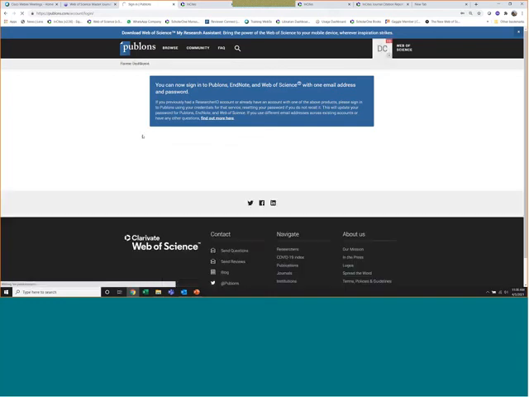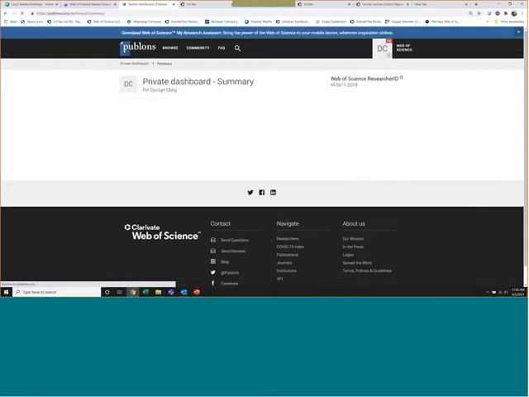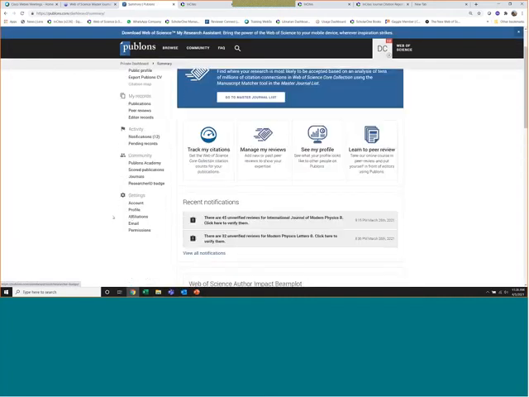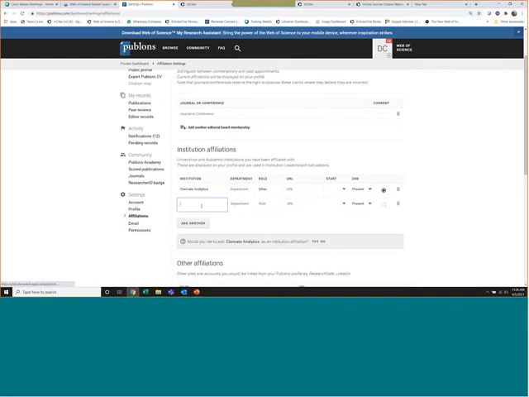To make sure that you are registered under the UMT, you can go to your private dashboard. Under settings, affiliations, put in Terengganu.